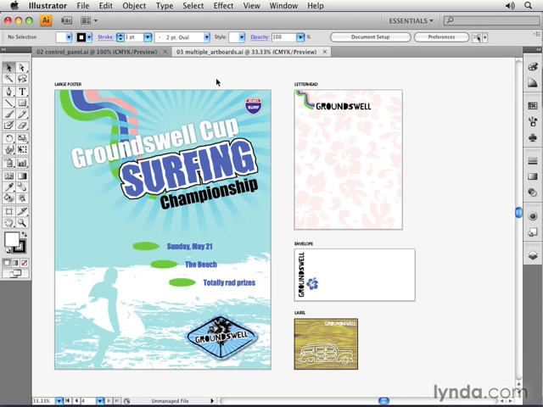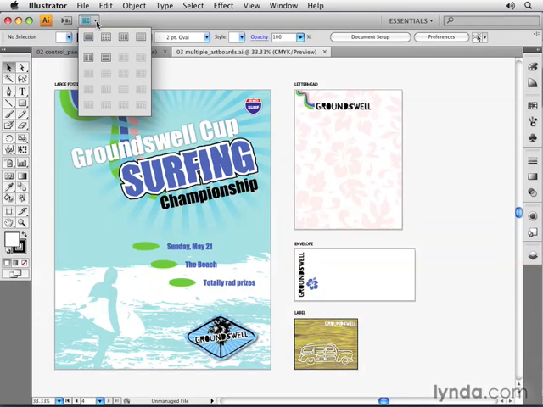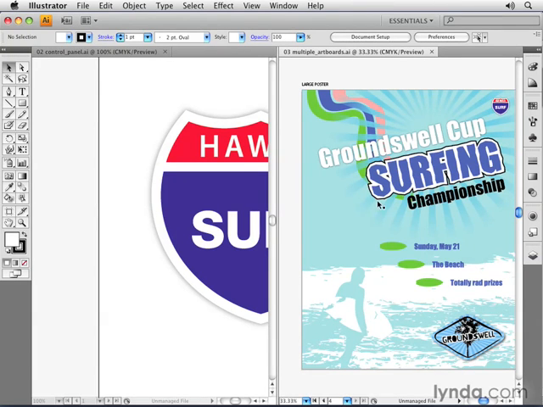What's great about working with these tabbed layouts also is that Illustrator now has, if you go over here to the application bar itself, a button called Arrange Documents. And if I click on that, I see that I can choose between other layouts. For example, if I choose 2 up over here, I can see that both documents can be open and visible at the same time. And I have one tab here and one tab here,